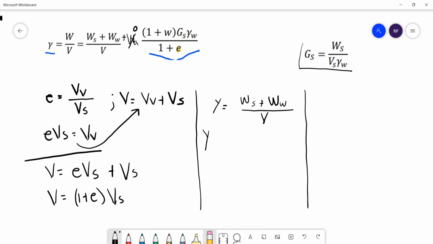So that is unit weight equal to Ws plus Ww all over 1 plus e